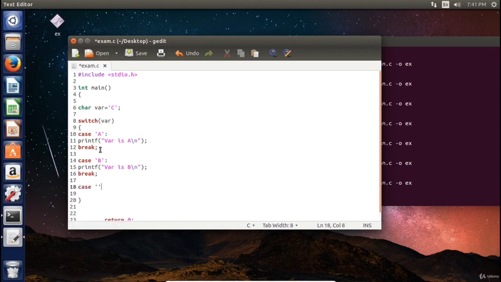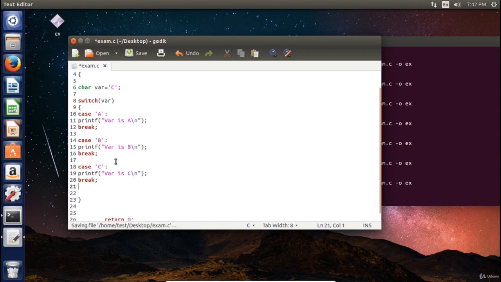Case C, printf var is C. Break. Okay, what now with the default? If the var here is not A or B or C, the default will be executed. Default,